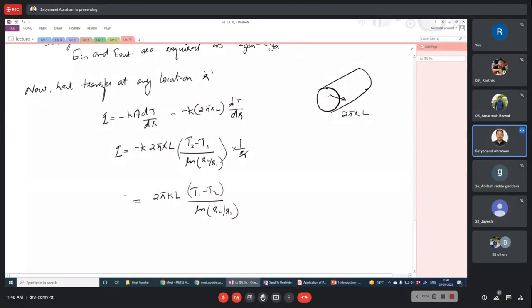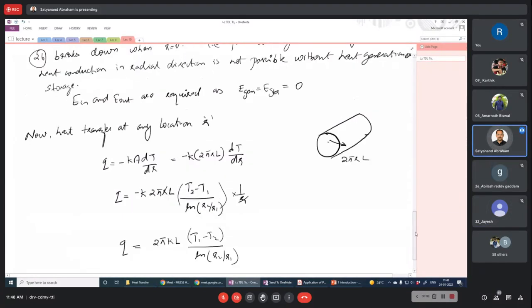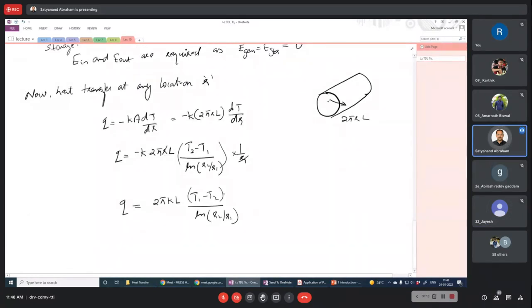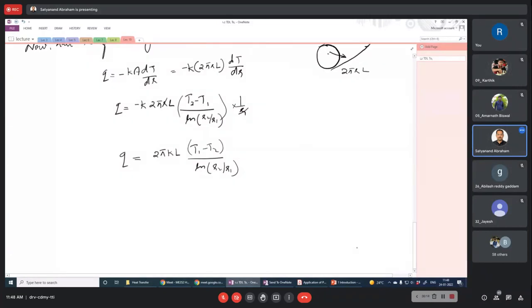Okay, yeah. So that is actually the total heat flux. Is this a function of R? No, sir. It shouldn't be. So that's what we actually said. Total heat is actually not a function of R, but heat flux is actually going to be a function of R. So therefore, you can actually see that Q is